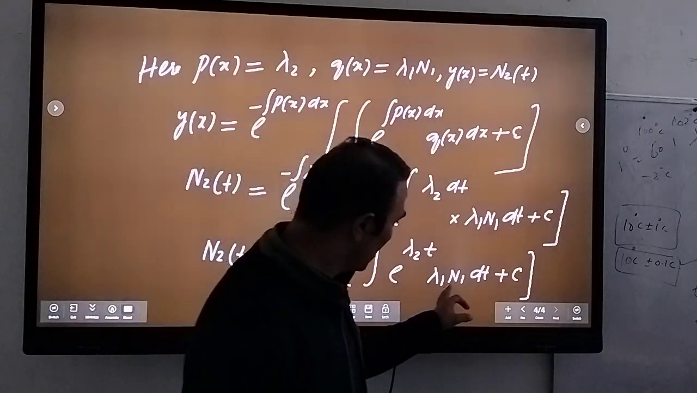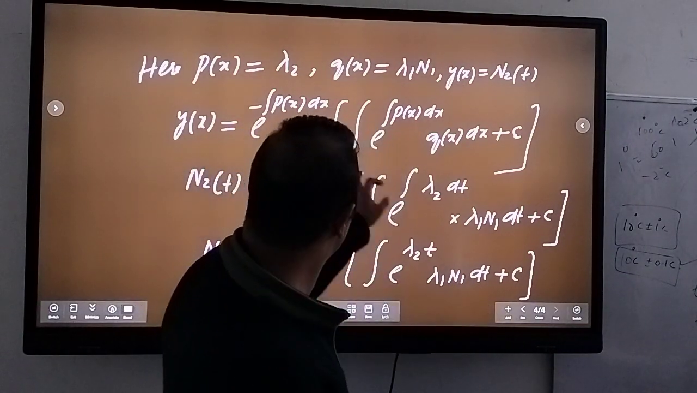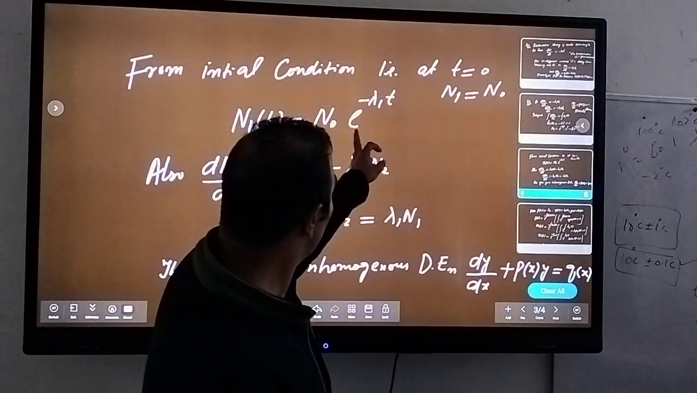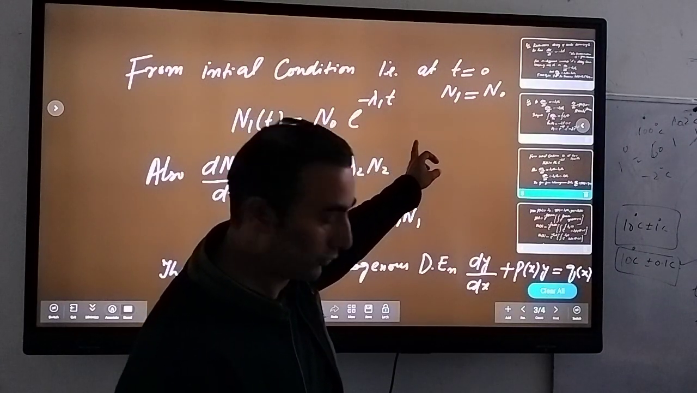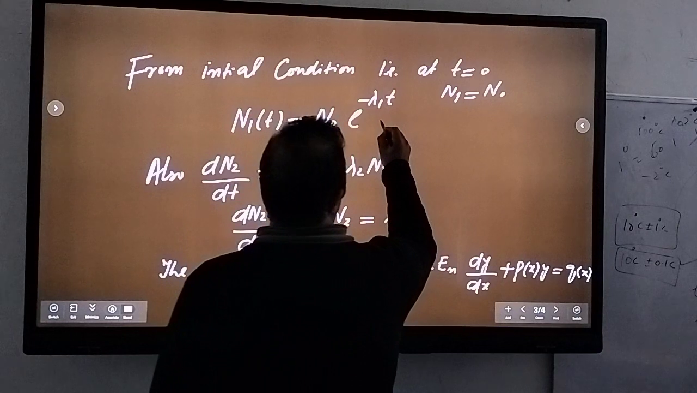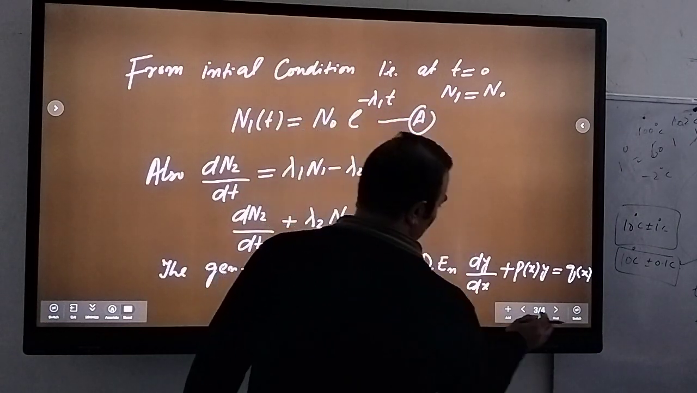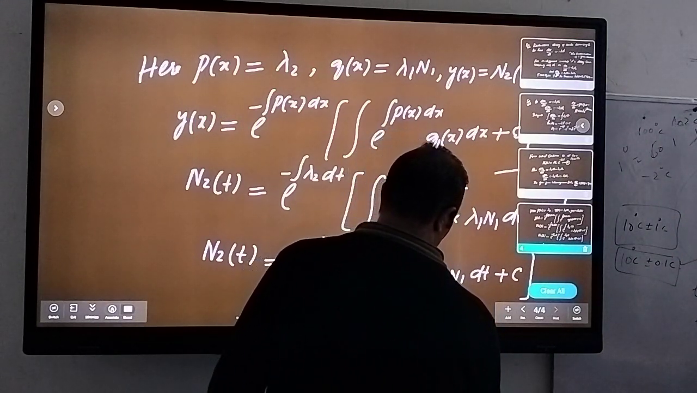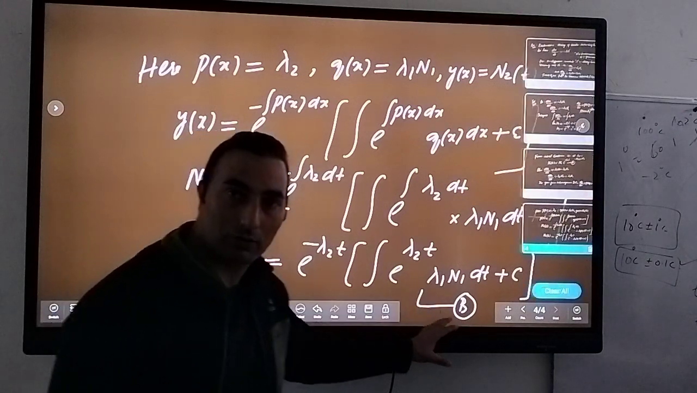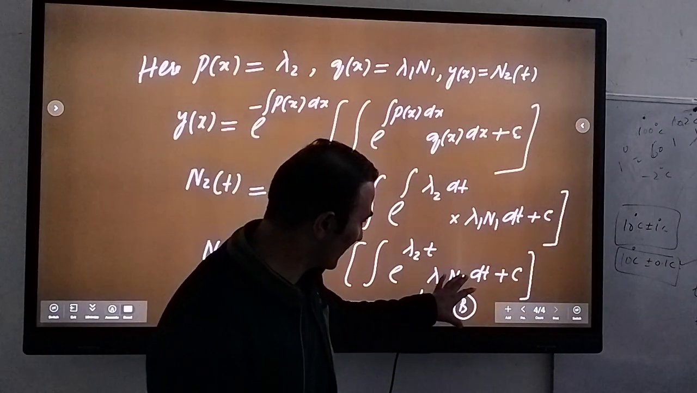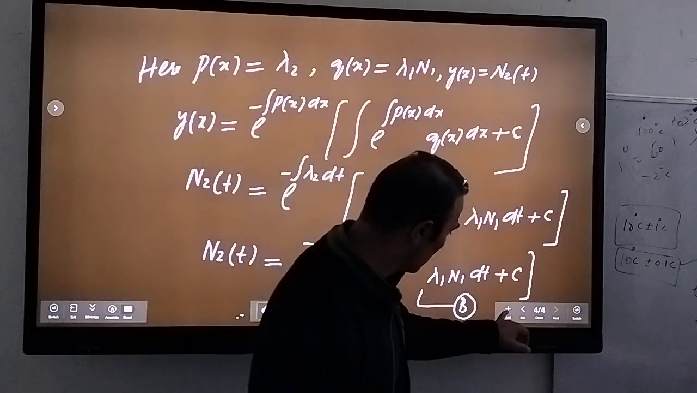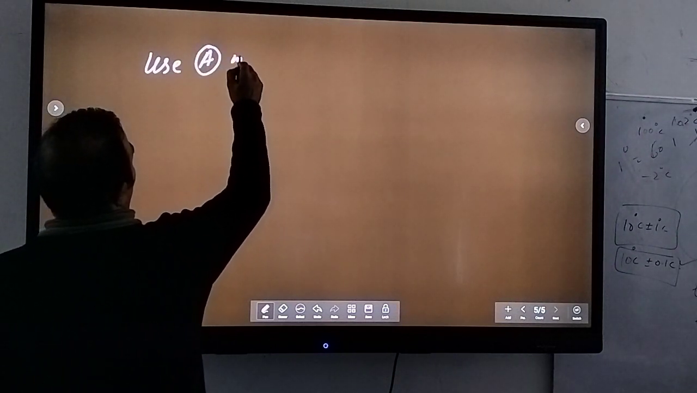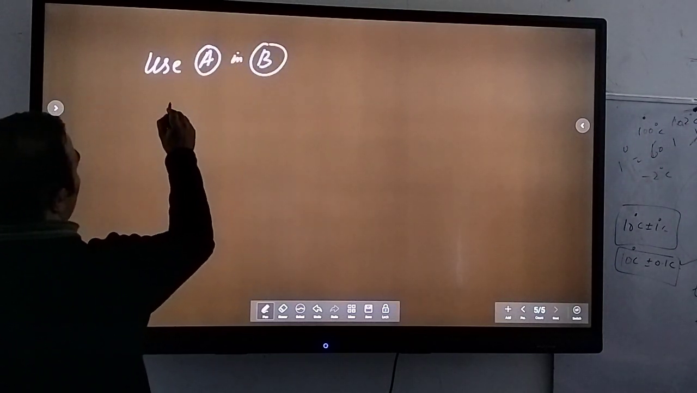Now, you know that we have already calculated this n1. We substitute this value because our n1 is equal to n0 e raised to the power minus lambda 1 t, right? So let us use this result A in this equation. This is our equation B. So I will substitute the value of n1 in equation B. So we use equations A and B. So n2 of t will be equal to